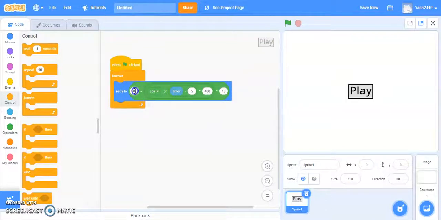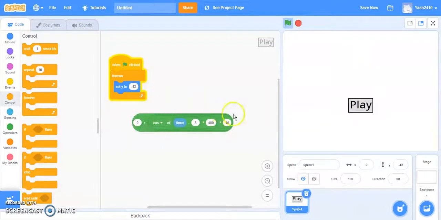So, I'll set this to 0. So now you can see what happens. This makes your sprite bob up and down. So how I made it is